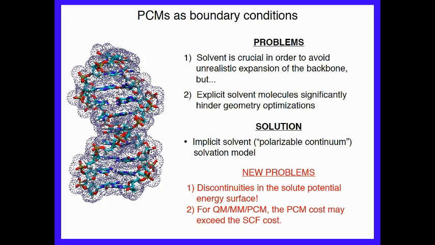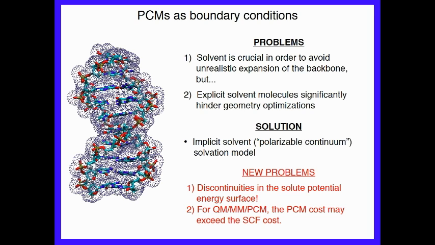Okay. There's a second issue here that I've indicated in red at the bottom. By implementing this continuum solvation model, we solve the problem of the phosphate groups running in fear of one another, because now there's a high dielectric solvent to screen them from one another. But we introduce two new problems, namely discontinuities in the potential energy surface, which will have some problems, the manifestation of which I'll describe on the next slide. And then secondly, for this large molecule, the number of discretization points of the surface is quite large. And